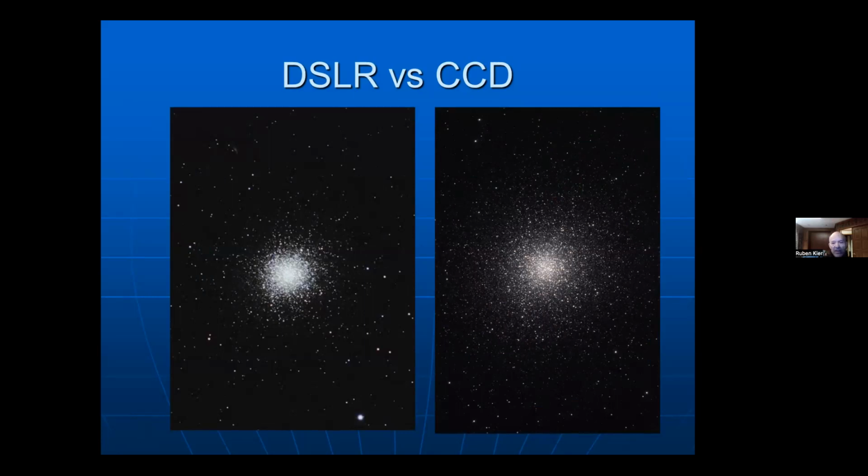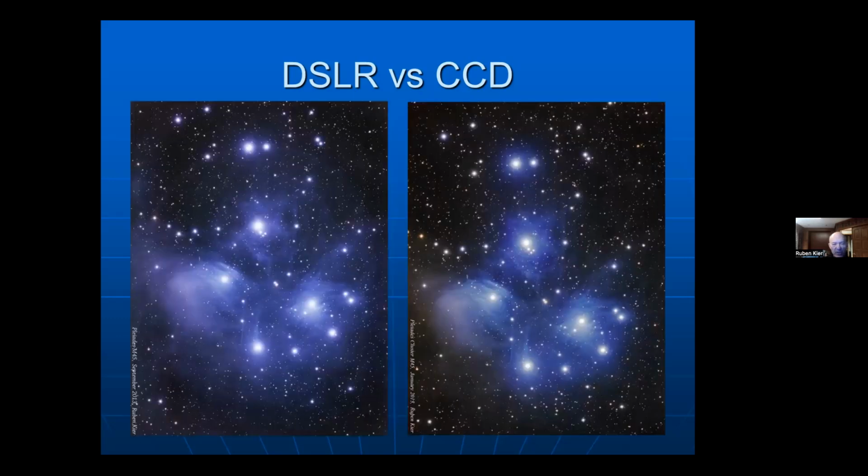Now, why does this look so much better? Well, with CCD, you have greater dynamic range. And I'm able to process it in order to show that dynamic range a little bit better. I'm saturating the center on my DSLR image, but they're both interesting images, so you can do pretty well. And sometimes you do very well with DSLR, and this is, I think